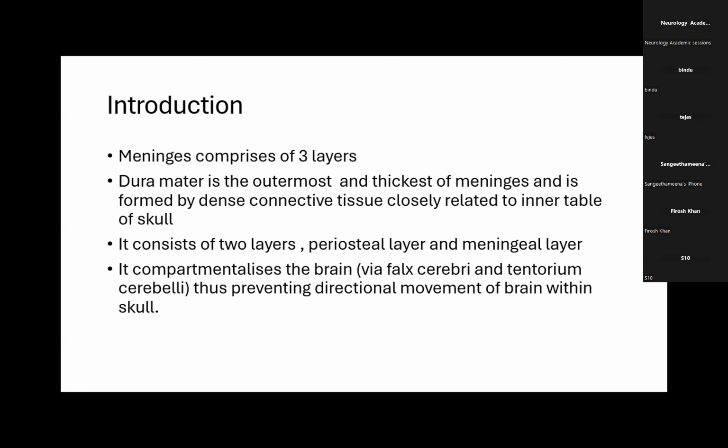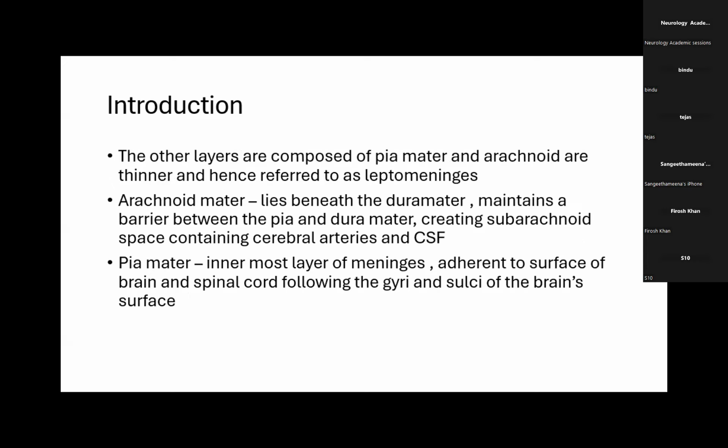The meninges comprise three layers, mainly the dura mater, arachnoid mater, and the pia mater. The dura mater is the outermost and the thickest of the meninges and is formed by dense connective tissue closely related to the inner table of the skull. It consists of two layers, the periosteal layer and the meningeal layer. It compartmentalizes the brain via the falx cerebri and tentorium cerebelli, thus preventing the directional movement of the brain within the skull. The other layers, composed of pia mater and arachnoid mater, are thinner, hence they are referred to as